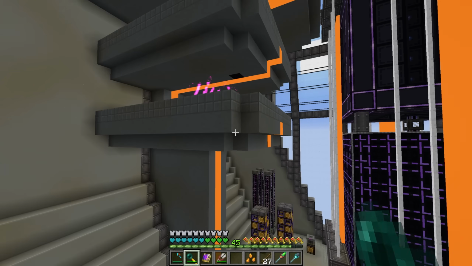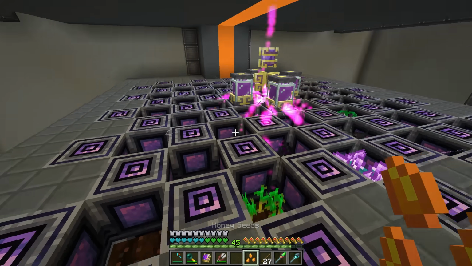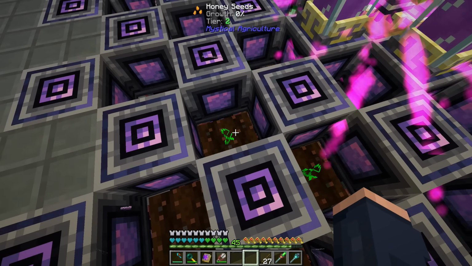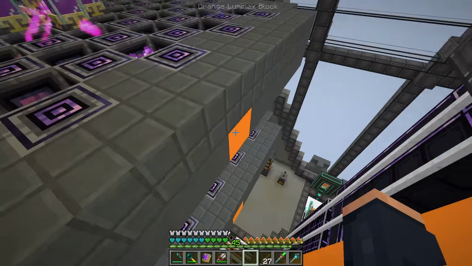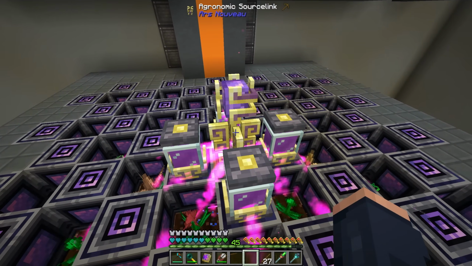So anyways, back up to here. This is one of those things that don't really change too much because it's just so darn good. But now we are producing the honey essence. Oh, beautiful. By the way, if you're wondering what all these particles are, this is actually connected to an agronomic